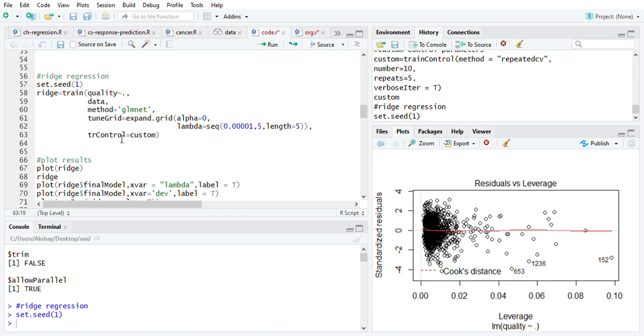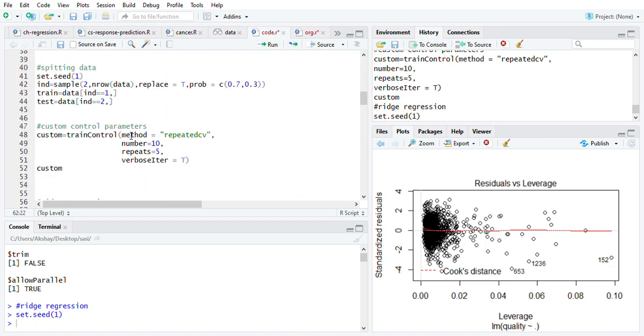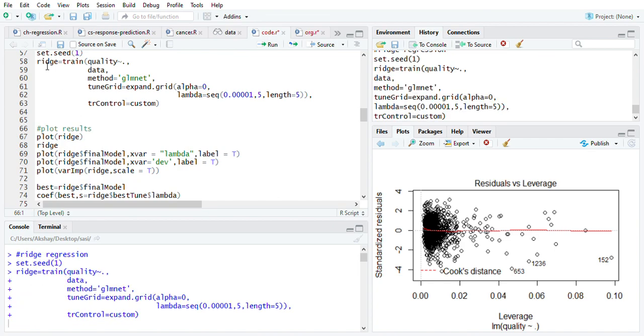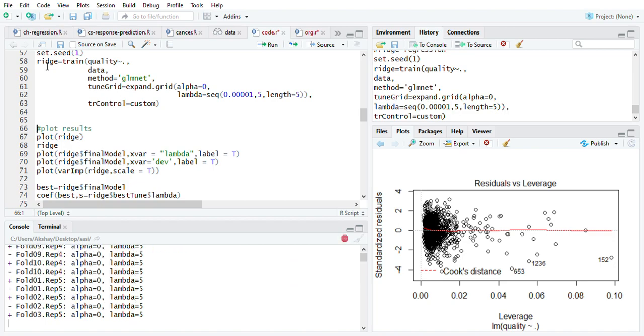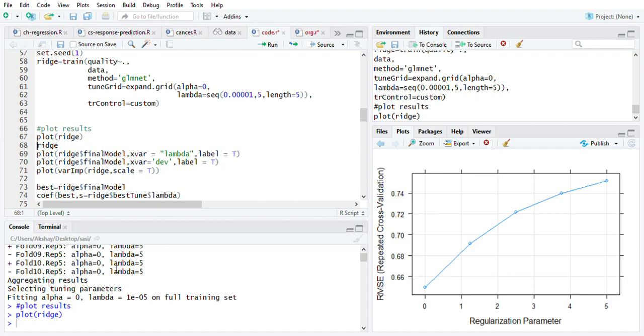Here is trainControl. I am giving custom, which we have seen is doing repeated CV. We'll run this. Here it is running 5 times, and each time it is using k-fold with 10 parts.